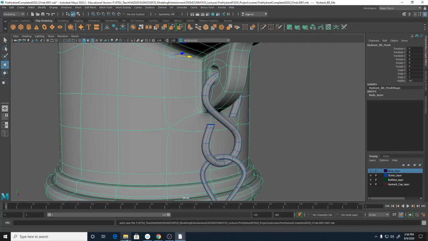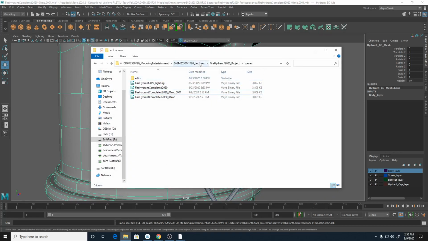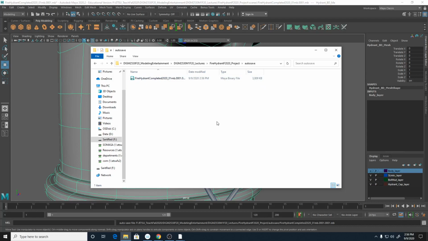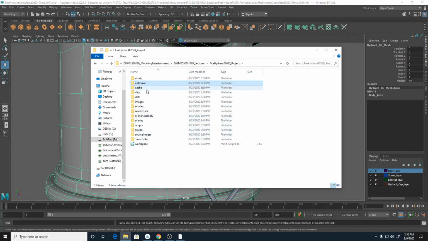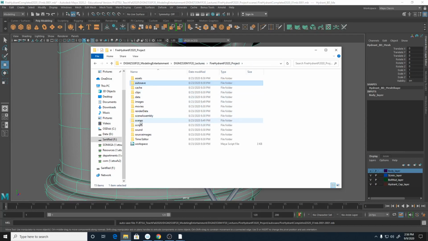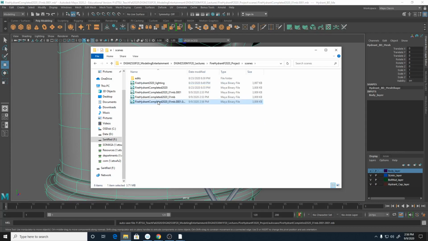Let me go back. The autosave will come right here. Project autosave will be in this folder. So if somehow you lost it, the computer shut down, you will have at least an autosave somewhere, and then basically you can copy the autosave and put it inside. Let's pretend it crashed. I lost the previous file. I copy the autosave, go to scene, paste it back, and then